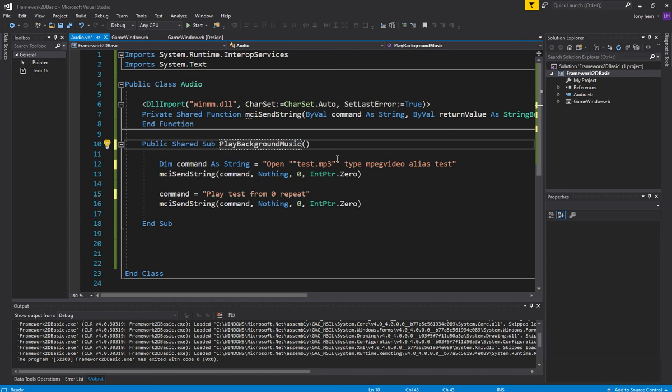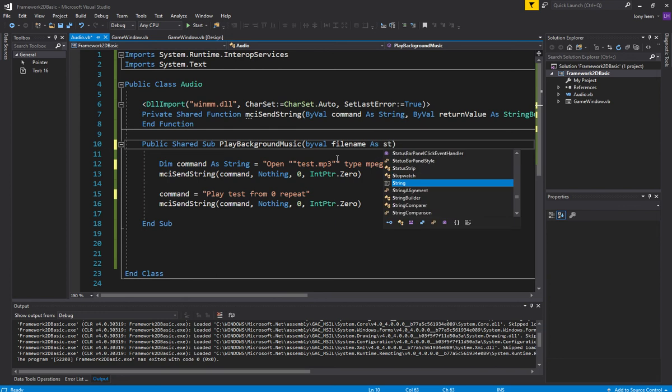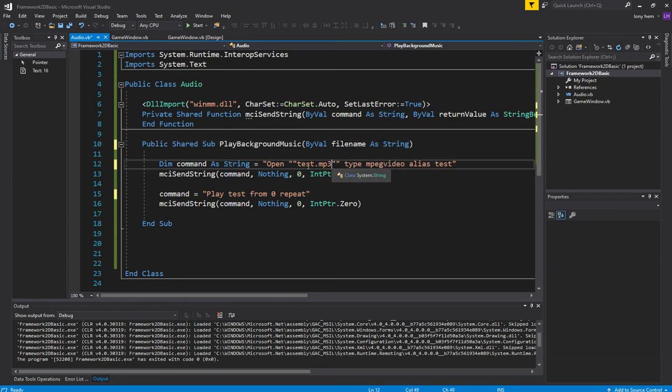I think something that we need to know is what file we want to load. So we're going to go by val file name as string, and that will be the file name we'll slot into here. So let's put that in. Instead of test here, we'll put semicolons here, put a plus in here, and put file name in there. This can just be music,